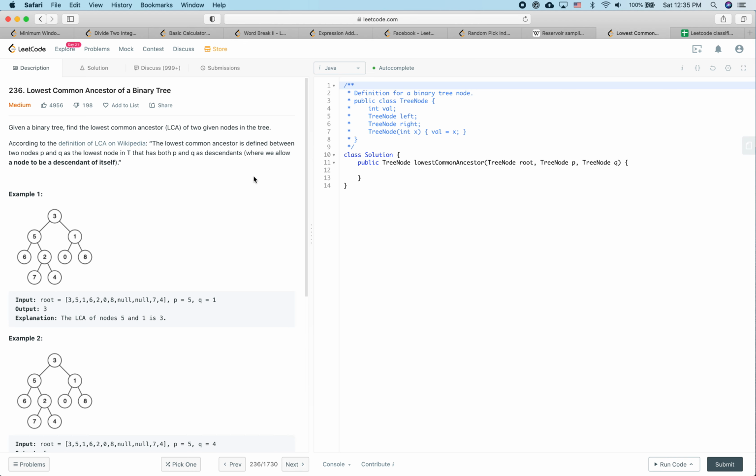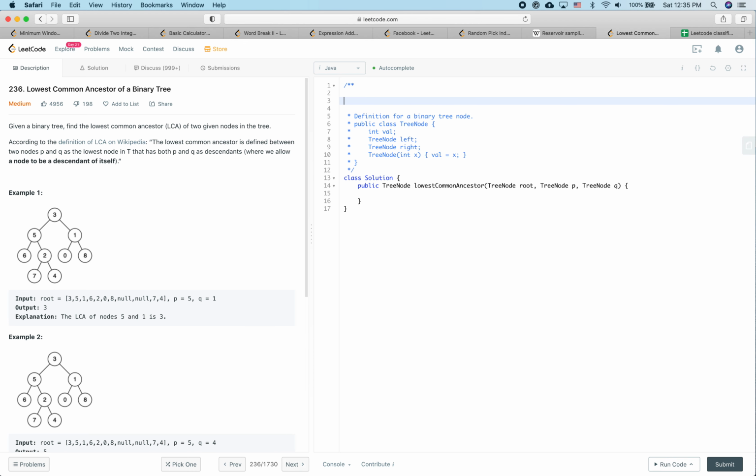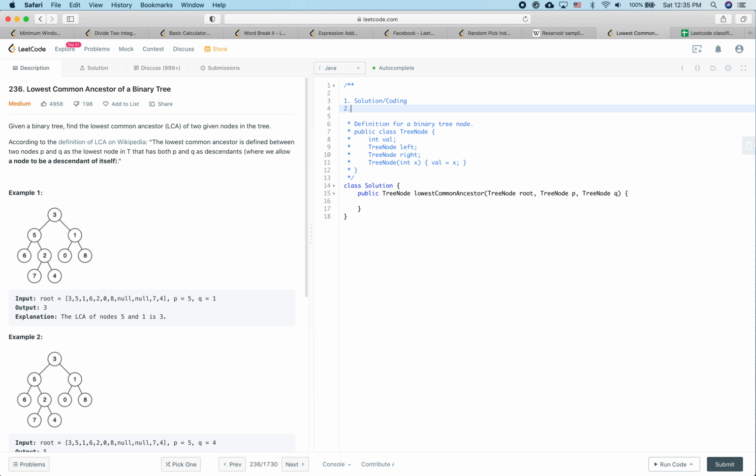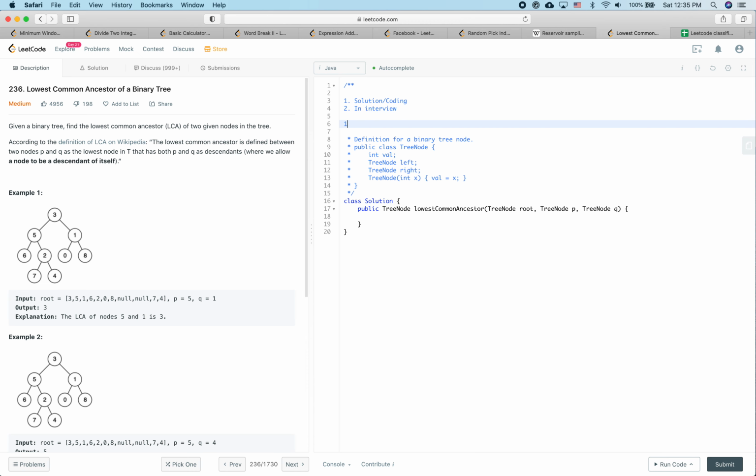Okay, so LeetCode practice time. There are two goals. The first one is to see how to solve this problem, and the other one is to see how you're going to behave during your interview. So let's get started. Remember, the first thing is always to try to understand the problem, and then